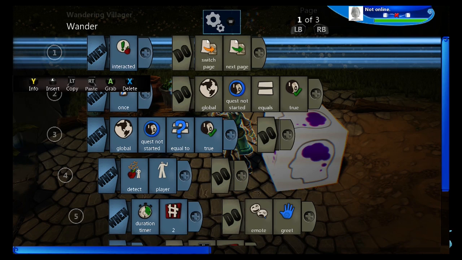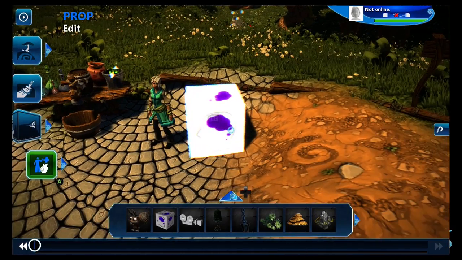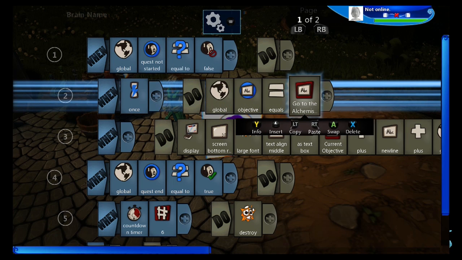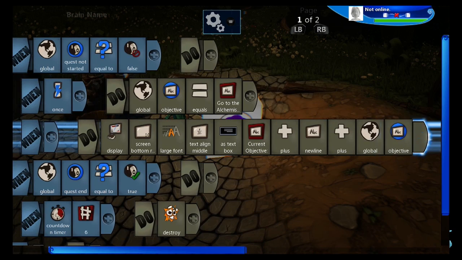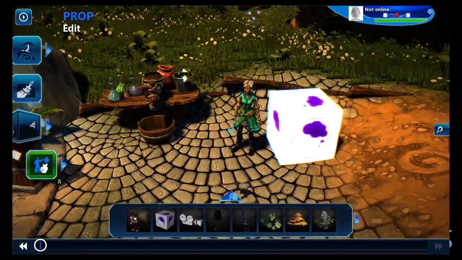Back to here. Now, we have a brain to handle the objective. So when quest not started equals false, the objective says go to the alchemist's house, and it displays in the bottom corner current objective plus global objective. Next,